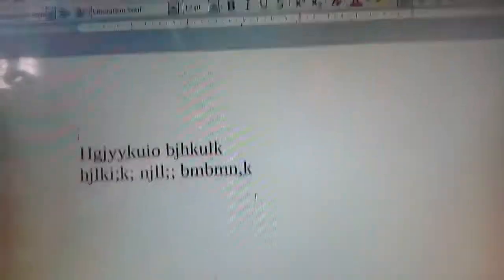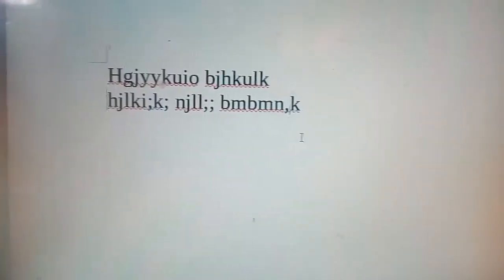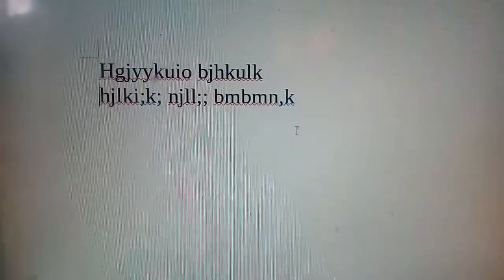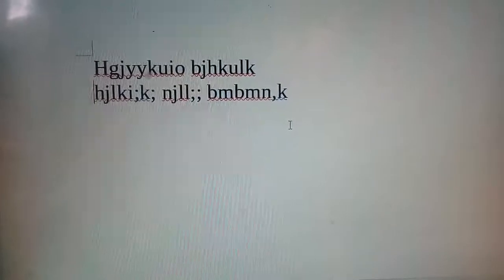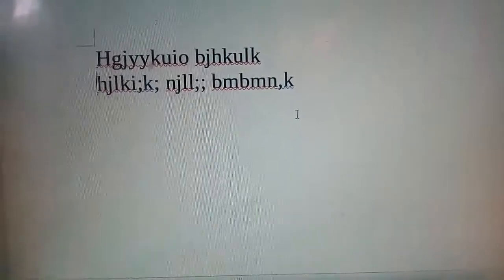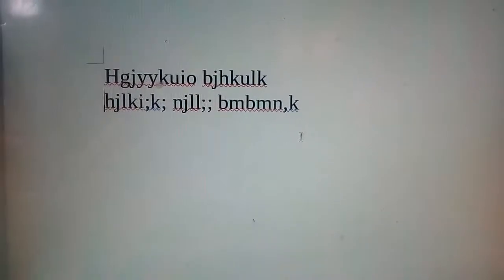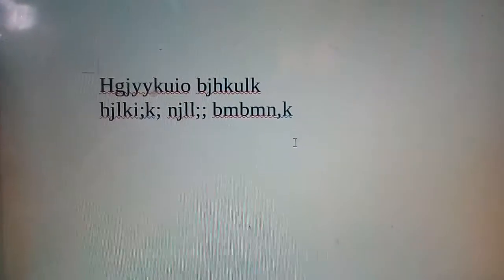Next is the home key. You can see in the keyboard the home key, right? Anywhere in the text you will be, when you press the home key, like I am pressing the home key, it will come to the beginning of the line, right? Next is the end key, or you can see CTRL plus home, that is the beginning of the document. Okay, wherever you are in the document, it will come to the beginning of the document. Remember that home means the beginning of the line, and if you press CTRL plus home, then it will come to the beginning of the document.